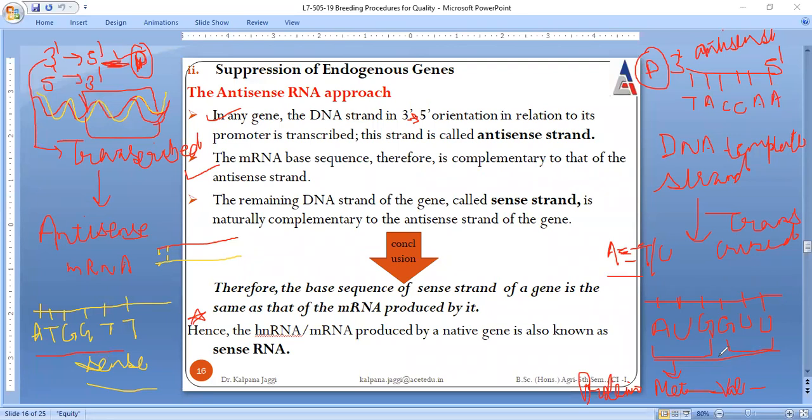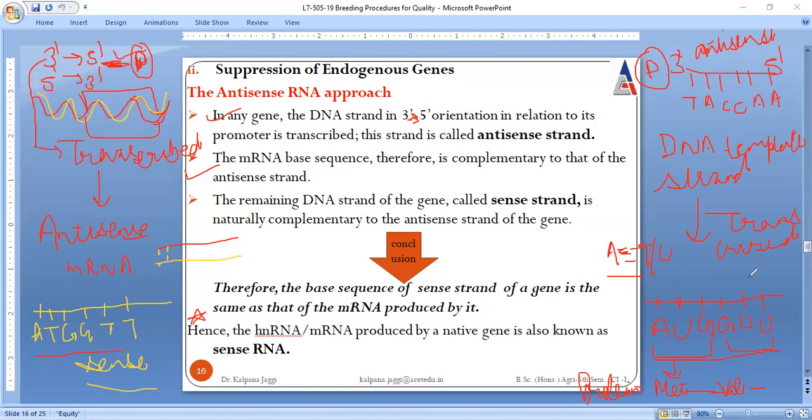So instead of going into complications of learning, this is mRNA, this is sense strand, we can simply say whatever mRNA are produced, since they have the same sequence as the sense strand, this heterogeneous population of mRNA can also be considered as a sense RNA,